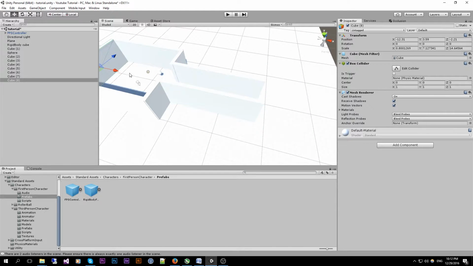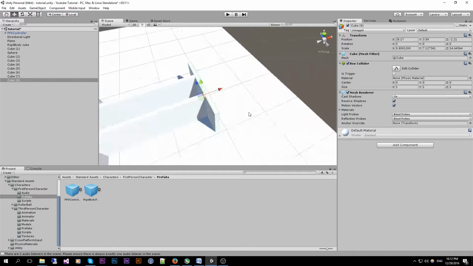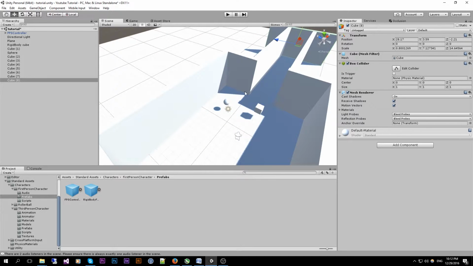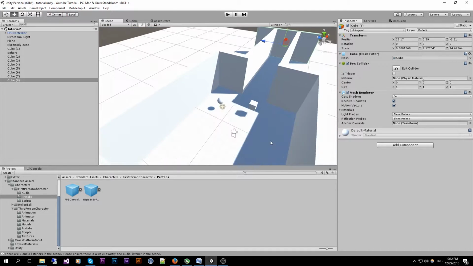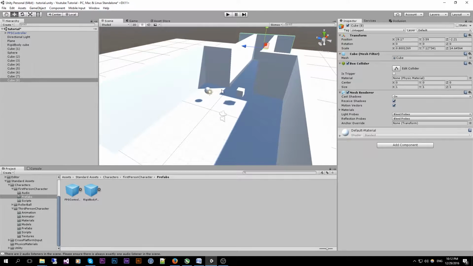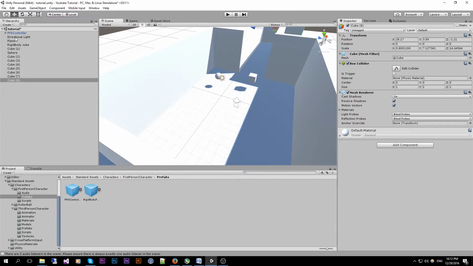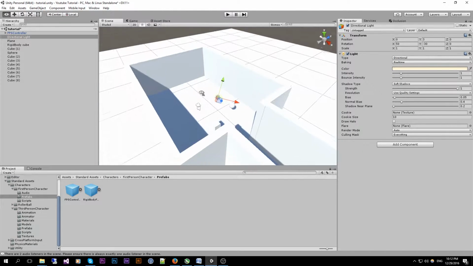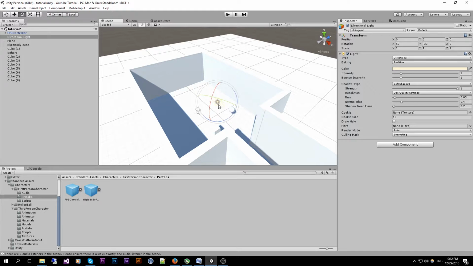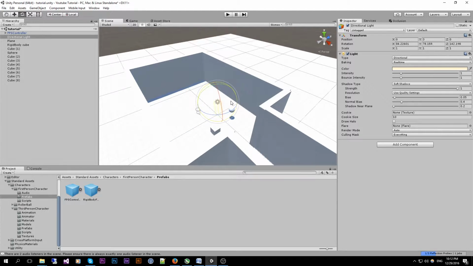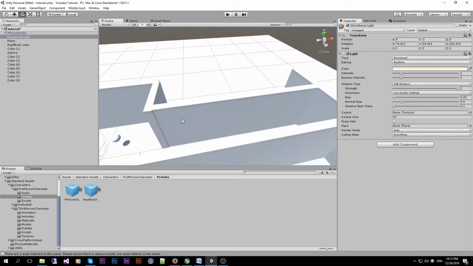And then the last one over here. So now we have a little level for our player to walk around in. I'm just going to set the directional light a little bit to a desired lighting condition, like this.